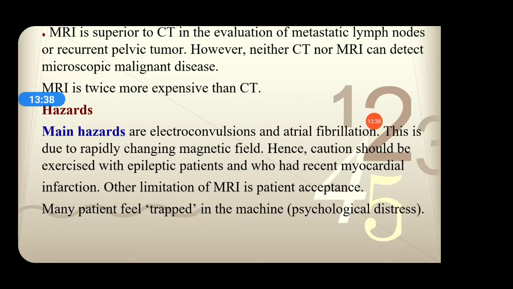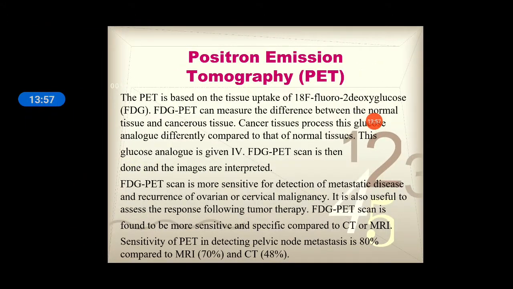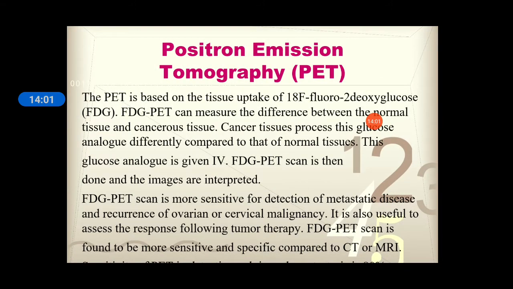Another limitation of MRI is patient acceptance. Many patients feel trapped in the machine or have psychological distress, that is claustrophobia, the fear of a closed environment. So the patient may feel trapped inside the machine. This is one of the hazards or complications of the MRI. So this is all about the MRI scan, and one more is there, that is the PET or positron